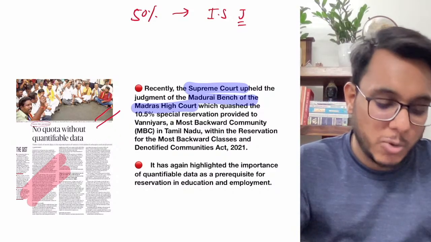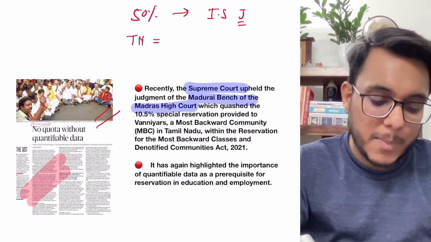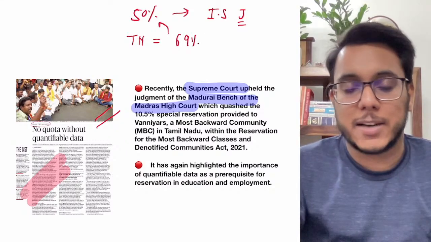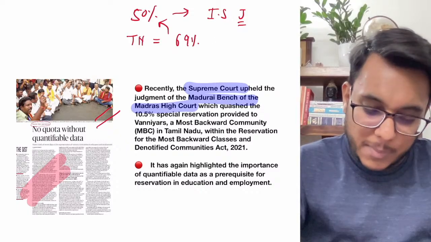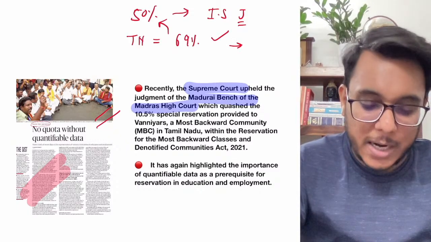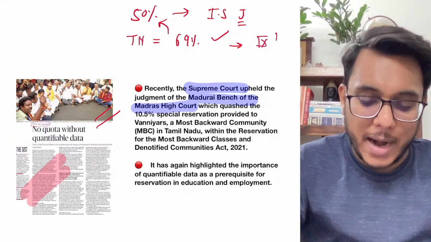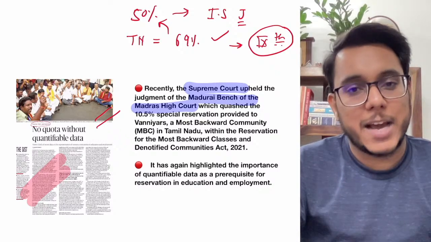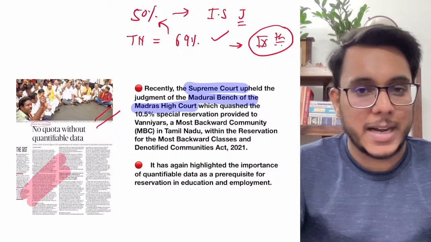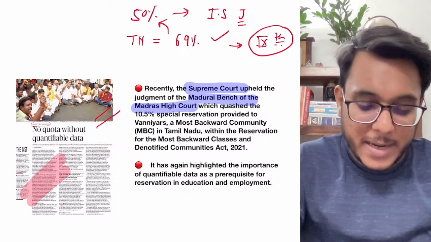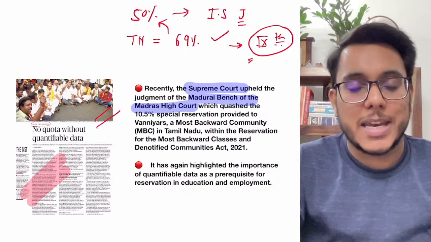However, there is one particular state, Tamil Nadu. Tamil Nadu gives 69%, which is much higher than the 50% reservation. For that purpose, Tamil Nadu has also placed this act into the Ninth Schedule of the Indian Constitution. You might have read about the Ninth Schedule in the chapter on fundamental rights. Now the Ninth Schedule